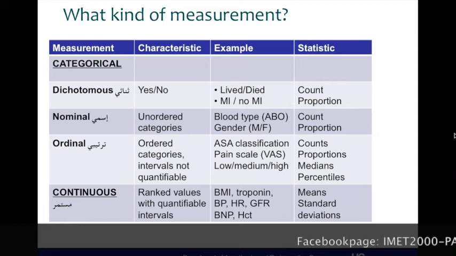Now, ordinal data are ones where there are ordered categories, although there are no defined, measurable, meaningful intervals between each measurement. So examples are going to be ASA status. We can say that 2 is higher than 1, but we can't say that 3 is twice as big as 2. In other words, the scale is ordered, but there's no magnitude to the scale. VAS pain scales do not have discrete definable intervals. And if you call something low, medium, or high complexity again,